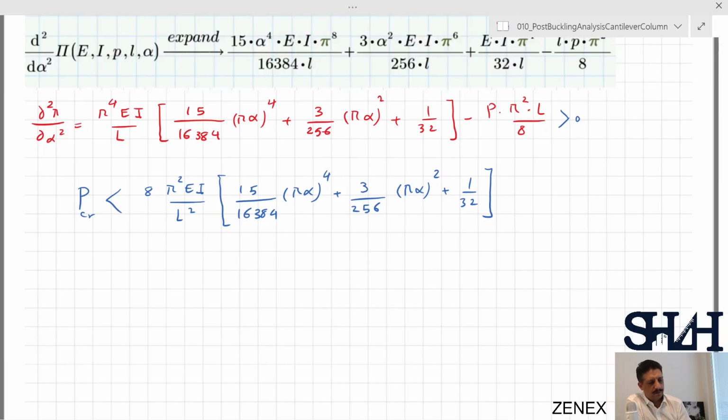Similarly, we know that this is 4 times P0. So P critical divided by P0, which is lambda, should be less than